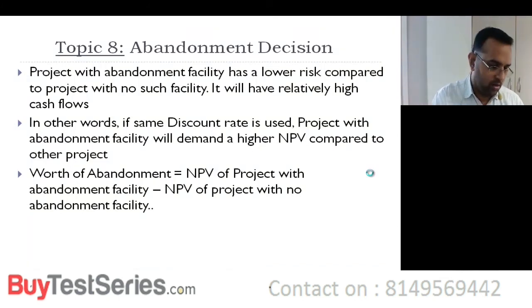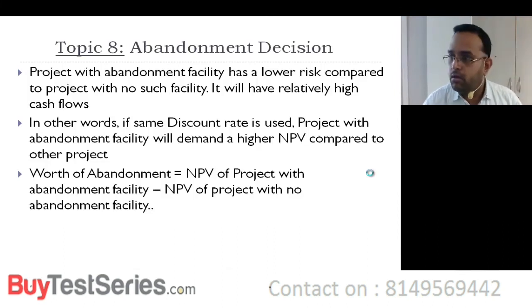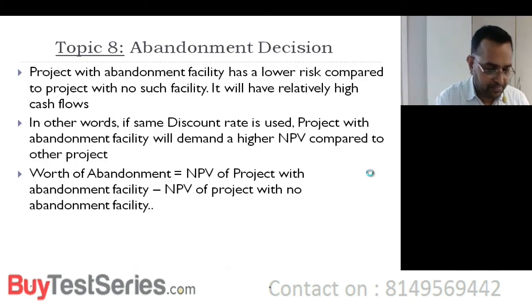We'll pick one question on this. Question 20, page 10. Whatever discussion we are having, guys, at a later point of time, I'll translate it into shares. Basics will remain the same. Whatever we are saying for a project is equally applicable for an investment in shares. If you are going to invest in a preference share or a bond with a redemption feature, what is the redemption premium that someone can talk about? That will get closely correlated with this abandonment that we are discussing, right?